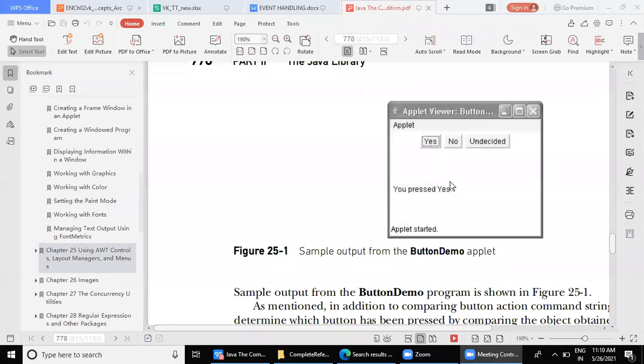You pressed whichever button. It is going to take the caption or the text which is displayed on the button. Fine. In case you press any other button, it will display its label here. So can you just imagine which event we are working with here? Which is the source?